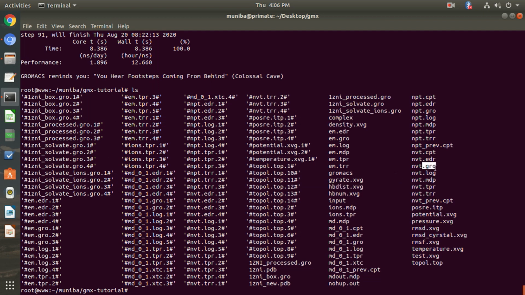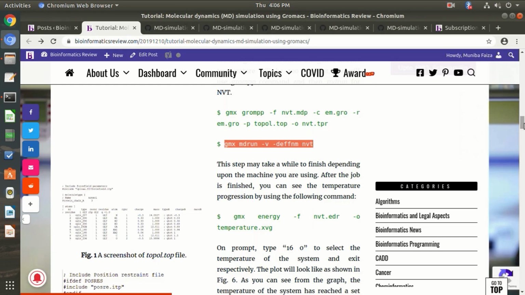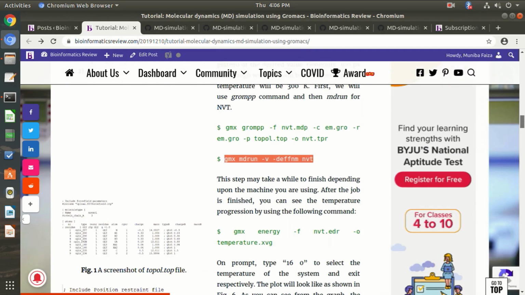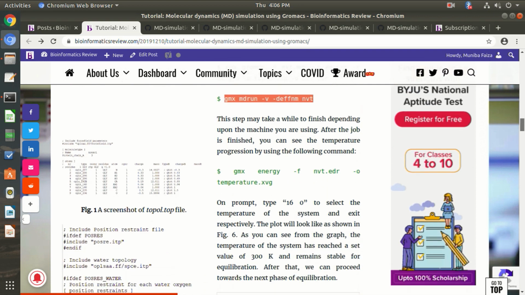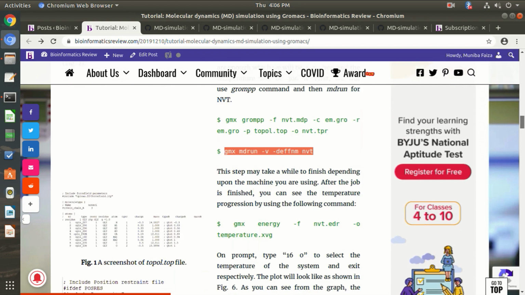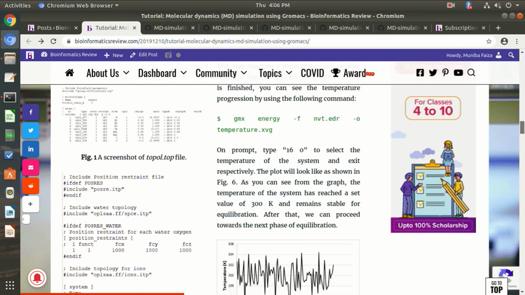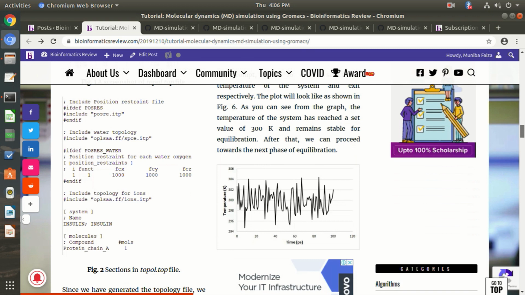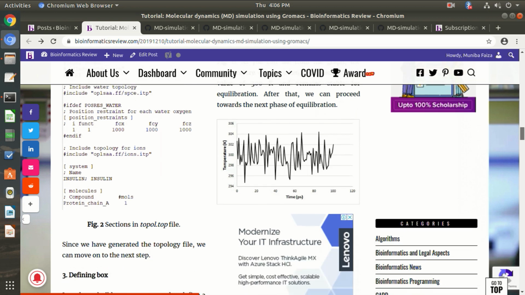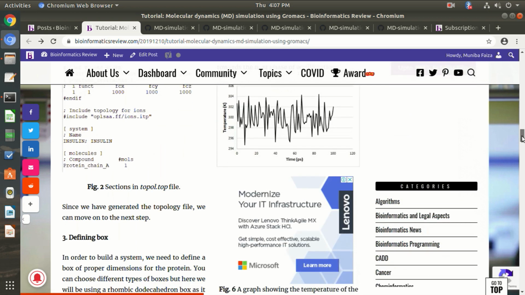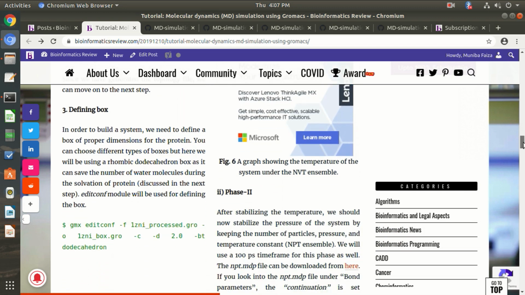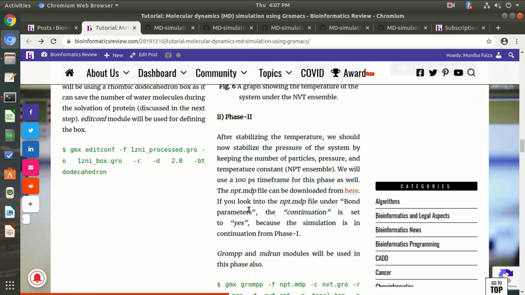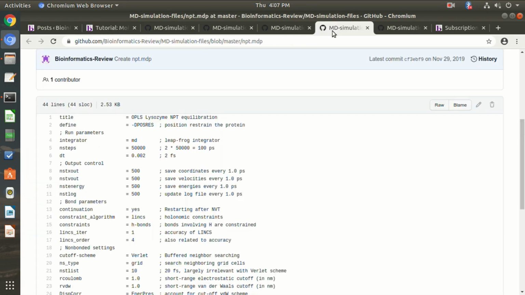Okay, so after this we can move on to our next phase, that is phase 2 equilibration, NPT ensemble. Meanwhile you can plot the graphs for temperature and density if you want to visualize them, but this is not going to be a part of this tutorial. We will cover this in our upcoming tutorial, that is the analysis. Meanwhile you can search for the MD analysis article on our website, so I will tell you in detail about it after a little while.